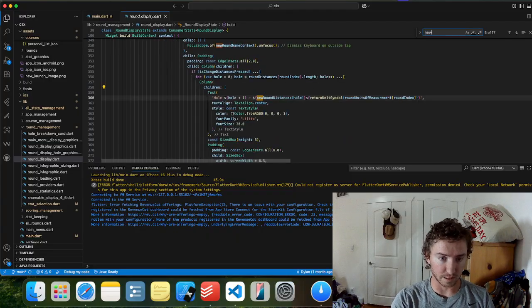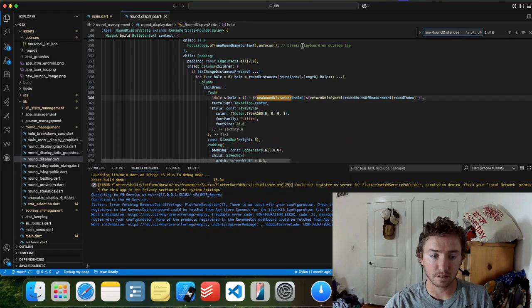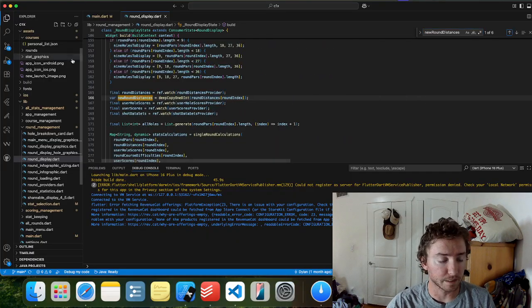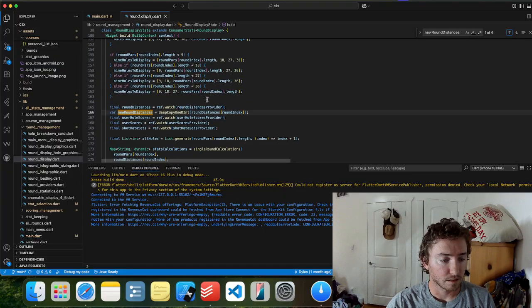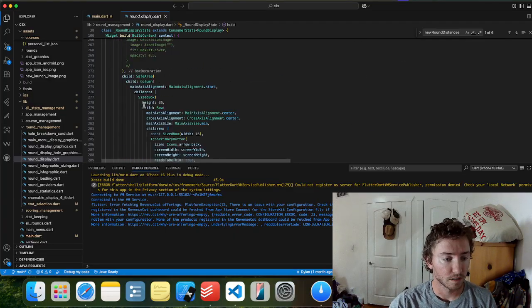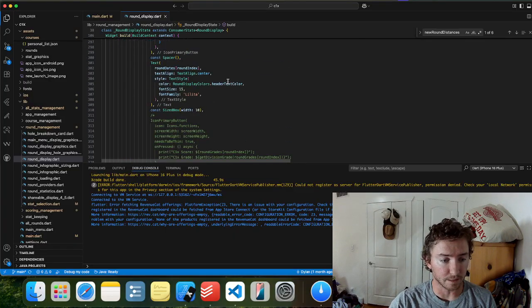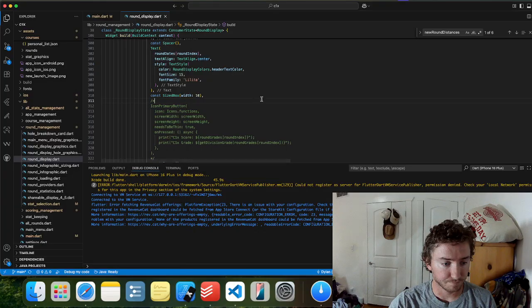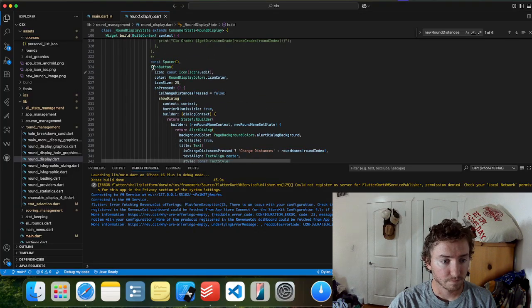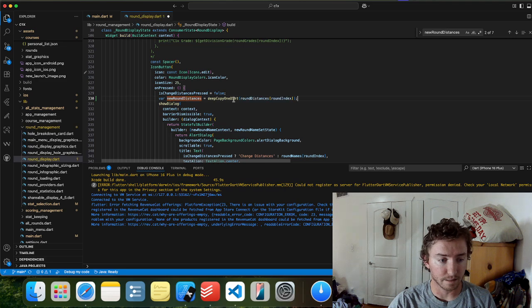All right, where do I set new round distances? Somewhere right up here. Okay, so we're just gonna reset it every time that button is hit. So every time edit is hit.